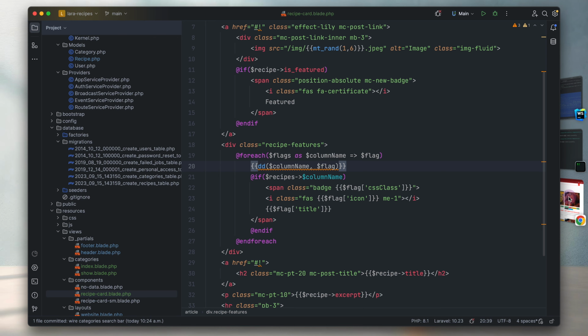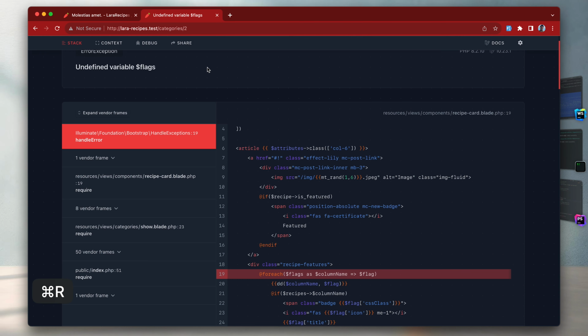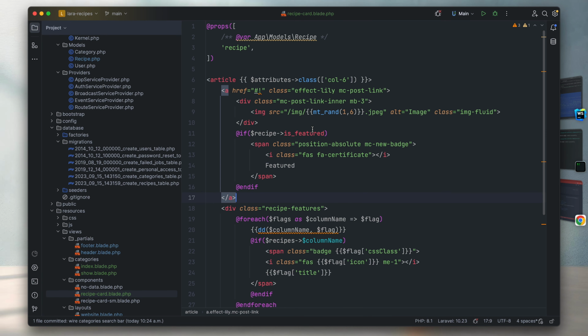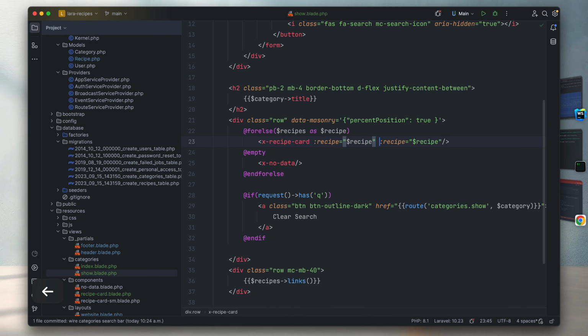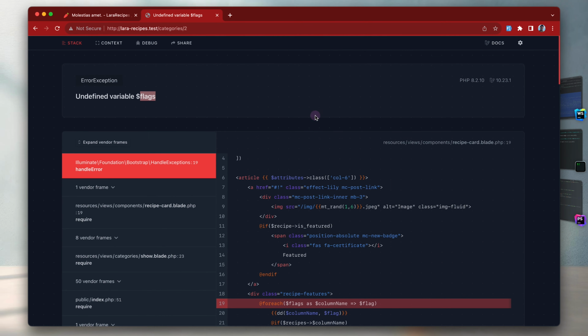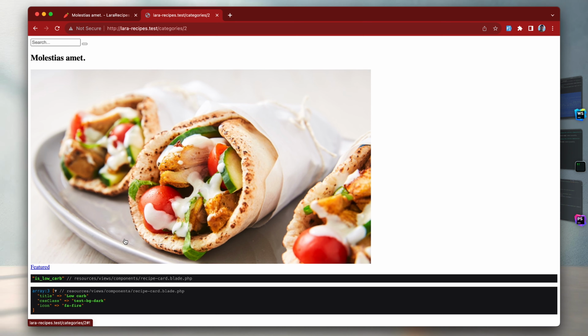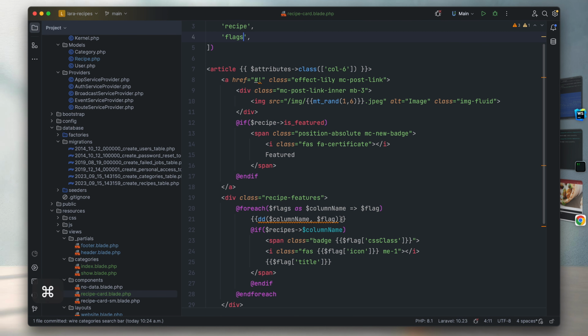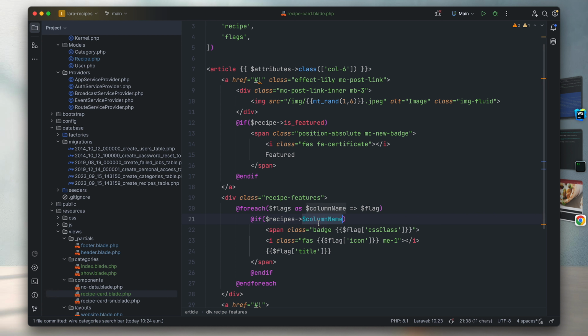So let's just go to our browser and we can see one example. So we didn't pass it as a prop. Let me just pass it as a prop, and here we can just have it as flags, as easy as that. Now I have here this one as an example. So as you can see, here we have the column name, which is dynamic, and then those are the details related with this key from the array. So I can just easily use it. If you look at this one, this is going to check if this one is true or false, and based on that, it will simply display the badge or not. So let's just get